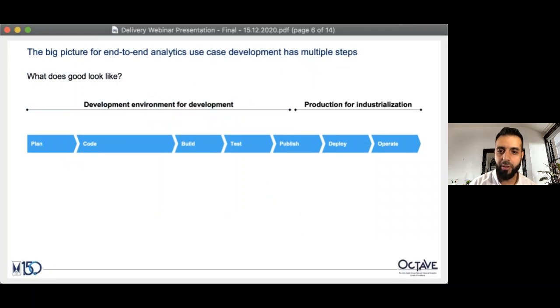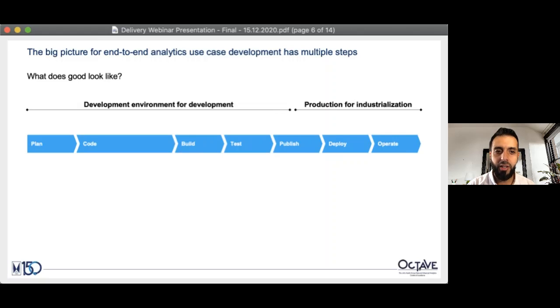And so when we talk about the end-to-end of analytics, what are we talking about here? It's really trying to put together a holistic view end-to-end. How does this really look? Especially when we're talking about production and scale, given a lot of organizations have been focusing on experimenting with building just data science models.